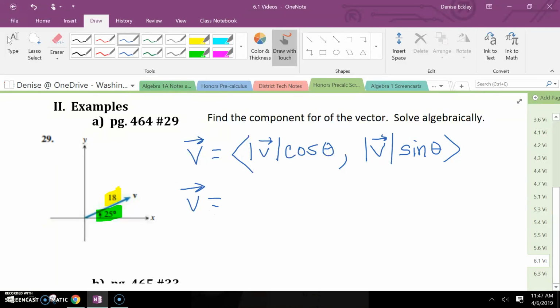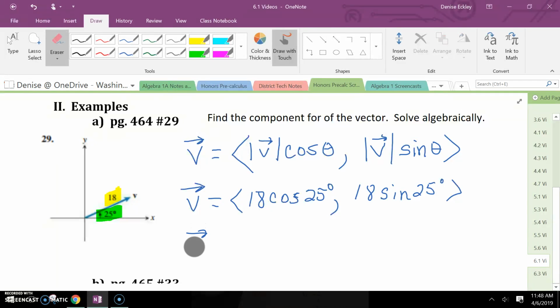So substituting in, the magnitude of V is 18, and we're going to multiply that times the cosine of 25 degrees. And then we're going to take the magnitude of 18 and multiply that times the sine of 25 degrees. So putting that into your calculator and rounding it, because it's definitely going to be an approximation, we get that V is approximately 16.31 and